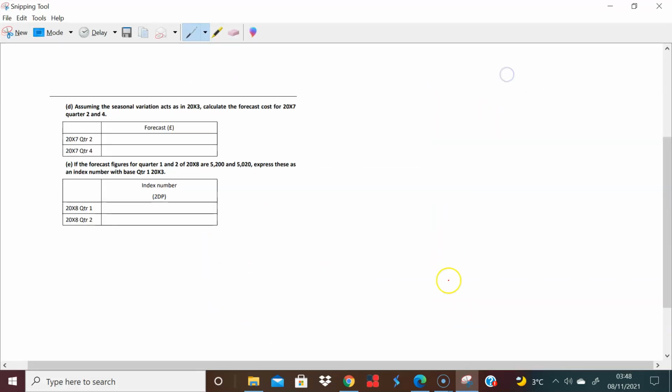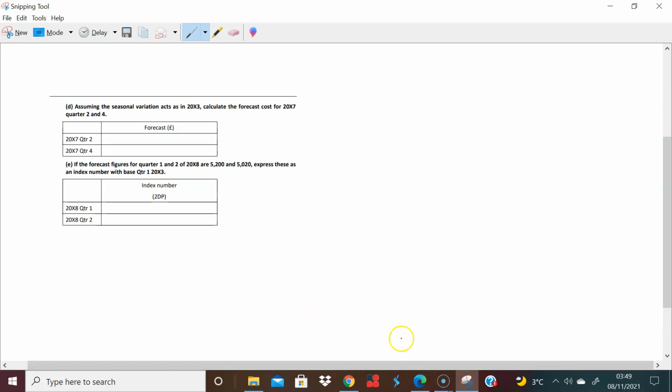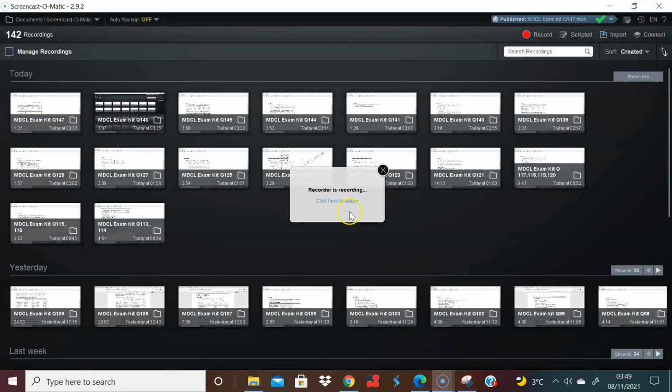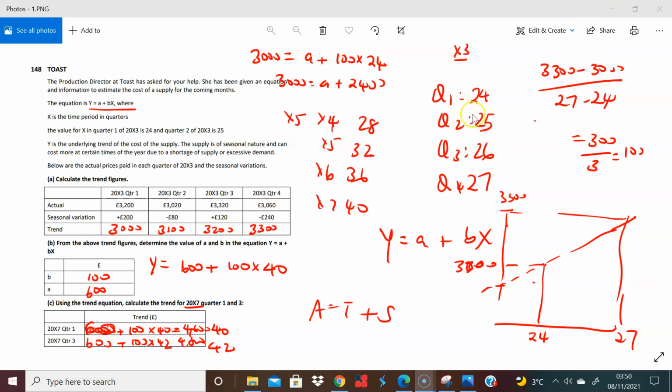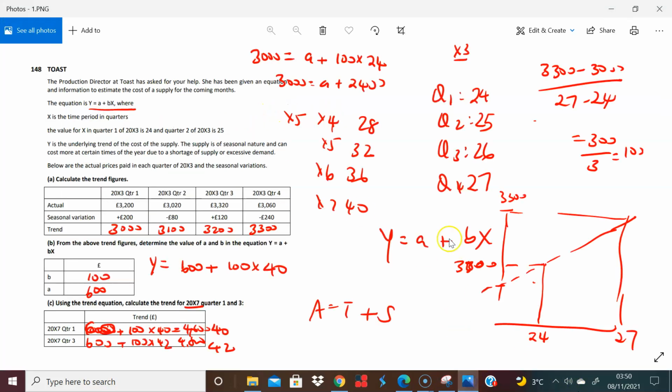Right. Let me just pause this so I can get the other page up very quickly. I just wanted to load this page up so we could reference it. They're saying to us, assuming the same seasonal variations, no problem. The forecast costs for Q2 and Q4, just following the same principle here, those are Q2 and